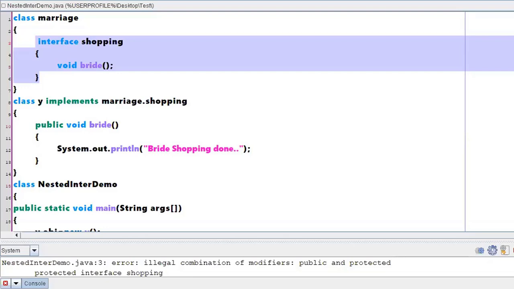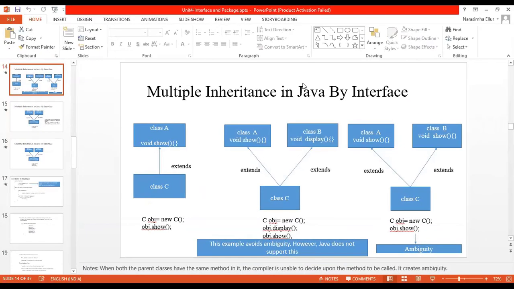So let us quickly go through the points which are there in the PPT. By that time, after seeing the points in the PPT, you should get a few doubts. That means based on these examples, whatever we have seen, if you are not getting any doubts, then you have to solve one of my doubts.